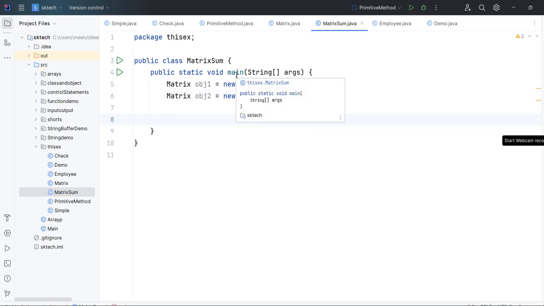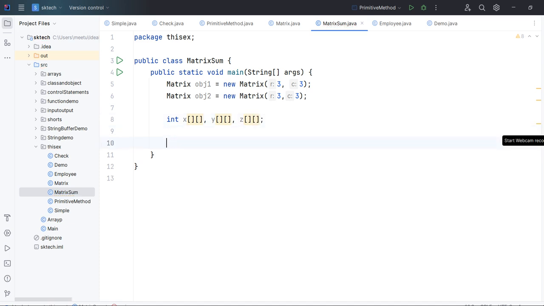Now let's take three two-dimensional arrays so that we will see what the use is. First we'll create x, a two-dimensional array, then y, and then z. First we are going to print some statements to get the data from the keyboard. Let's print \n for a new line, basically to make it proper.